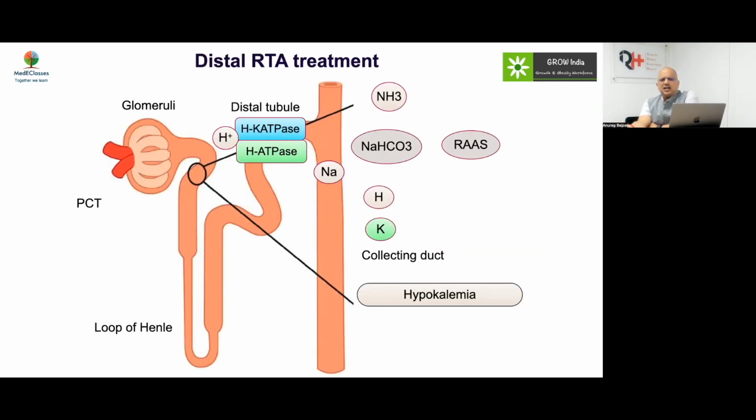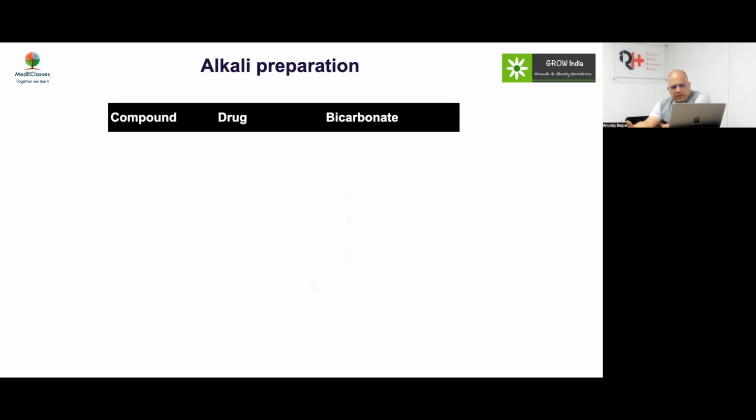Management, of course, for distal RTA, mainly you have to give bicarbonate. The initial requirement of bicarbonate may be high because you have deficit for a long time. So you may require 6 to 10 millimoles per kg per day to begin with. Subsequent requirement becomes less. Once you give bicarbonate, your acidosis becomes better, your potassium excretion becomes better, your potassium may become normal. So as we were discussing, you will have hypokalemia at diagnosis, which improves with treatment in that setting.